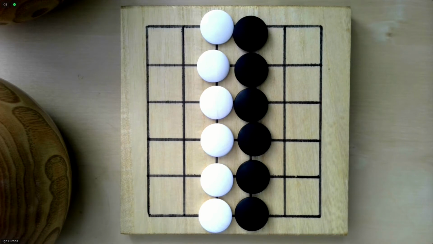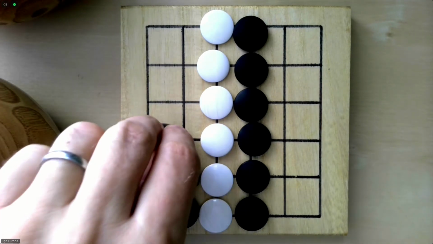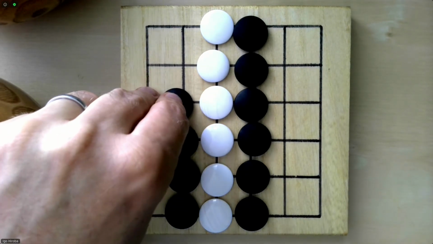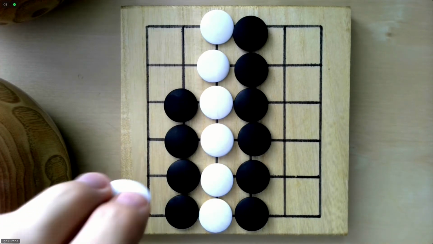Okay, so imagine the following scenario. Black moves there and says, okay, I'm doing an invasion. And white says, okay, I don't care, I just pass. And black says, okay, I move here. Then white passes, and then black moves here. Then white passes. Then black moves here, and white passes. Well, okay, now white says, oh, wait a minute, this is not going well, I have to do something. I have to start surrounding